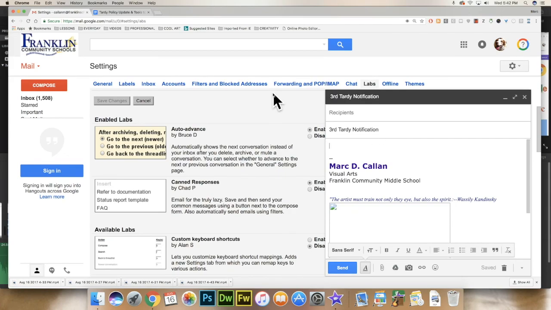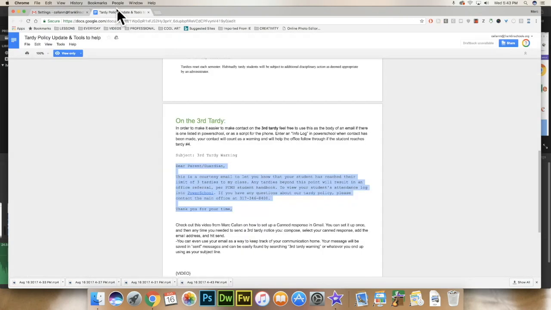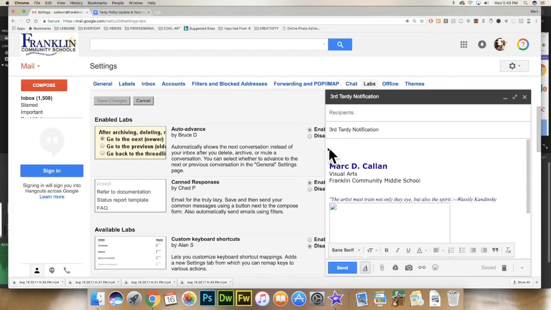And for the body of this email, there's this script that Stephanie has shared, just sort of a boilerplate kind of script. I'm going to copy it out of there, go back to Gmail, and instead of just pasting it, I'm going to right click,